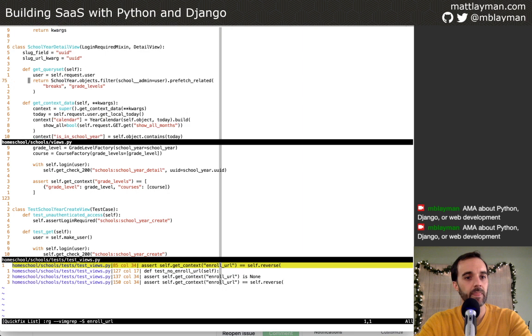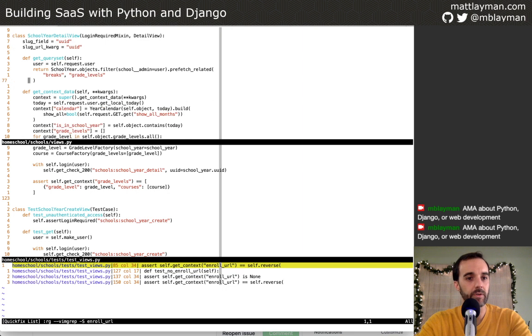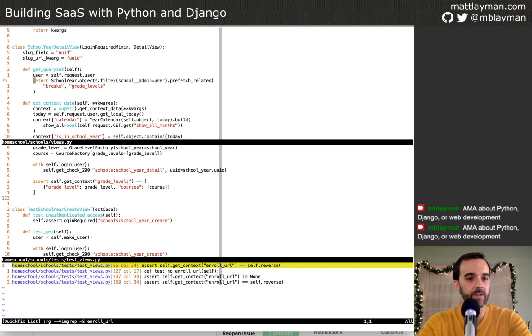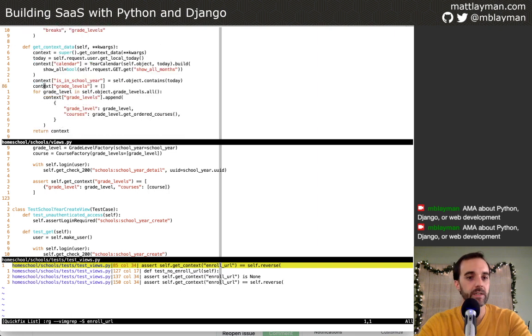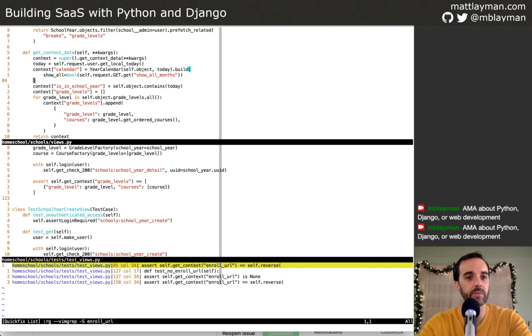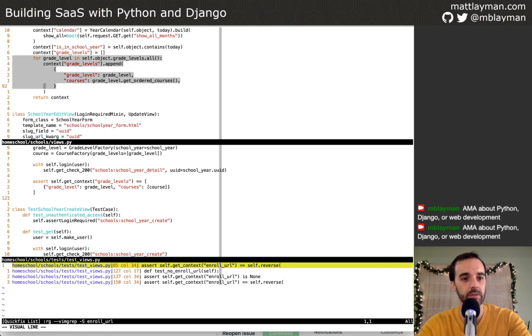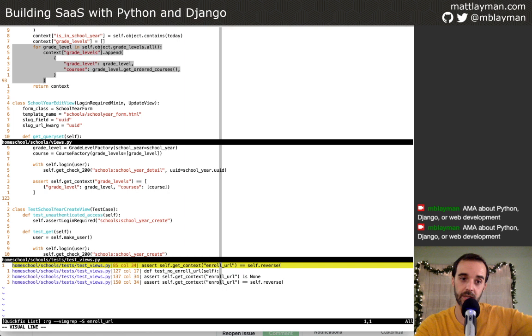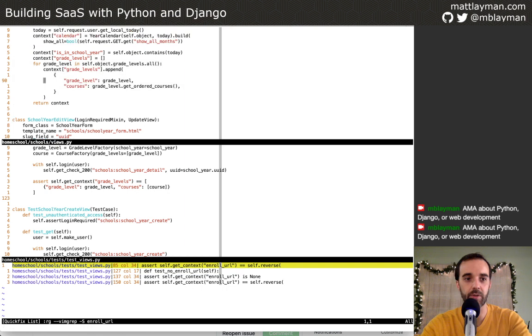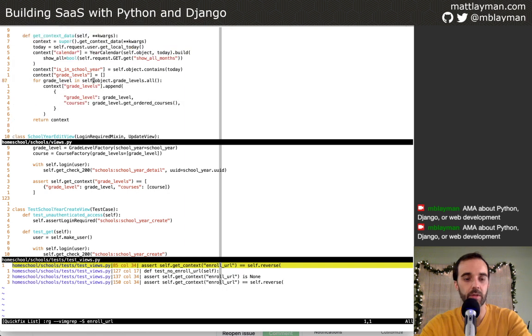It has the grade levels, and you can see that it does a prefetch of the grade levels, and it does a prefetch of school breaks, and that's all important and good. And then it does some iteration here on each grade level. And since those are prefetched, it's not another query. It's reusing the same query from the self object here, which is the school year at this point, and populates